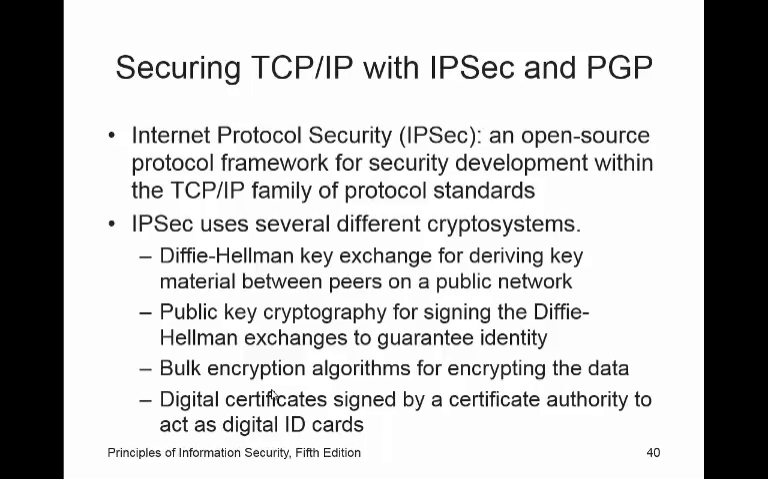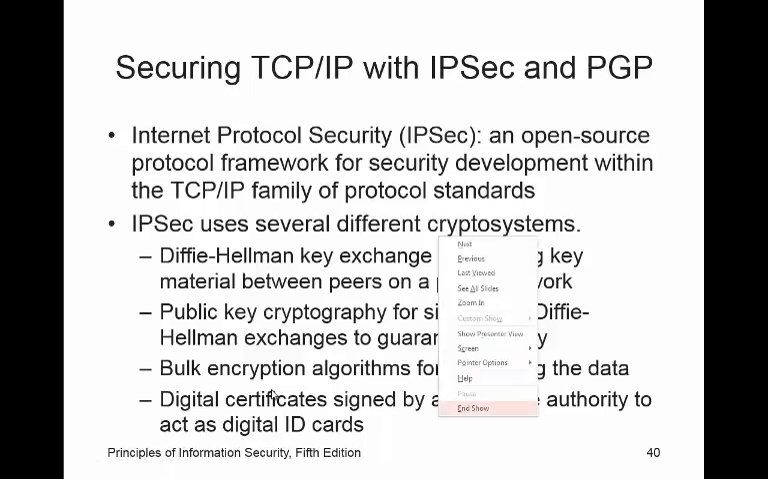Securing TCP/IP with IPsec and PGP, the beginning for that is on page 450 and toward the very end of the chapter. The Diffie-Hellman key exchange for deriving the keys between peers. I know I don't have to do this, but just in case,